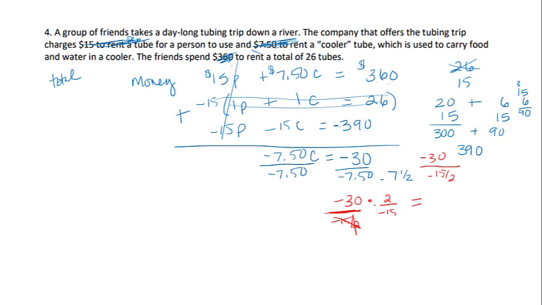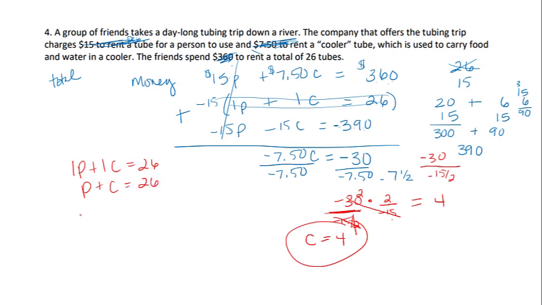Okay, so now 30 and 15 can be reduced. 30 divided by 15, these both will cancel and just becomes 2. And then 2 times 2 is 4. So C is equal to 4. Now we're going to go back to one of the original equations. I'll start with the second one. So I really don't need the ones. If C is 4,